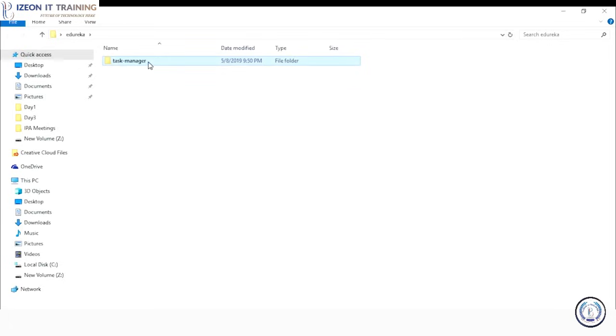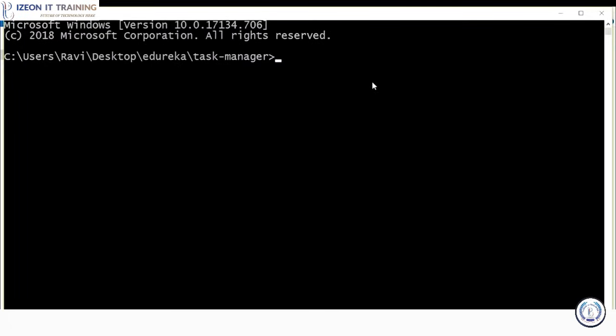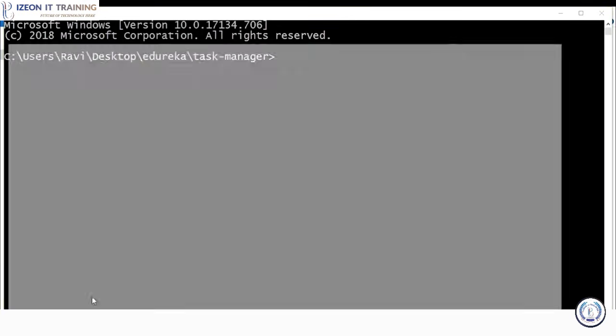We'll try to create some of the task manager functionalities in here, and it'll be an API, or a web service, that we'll be creating. We'll see what it is. So in this task manager, I'm going to initialize a Node.js project. And in order to initialize a Node.js project, you need to have Node.js installed in your computer,